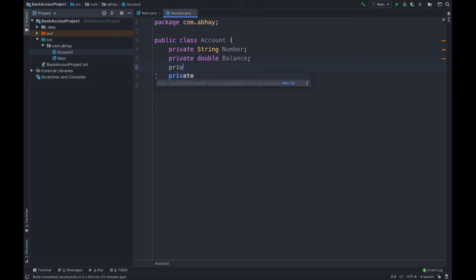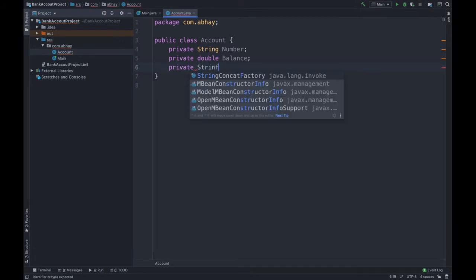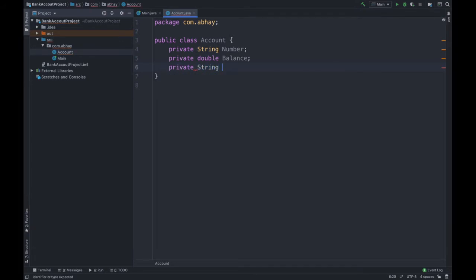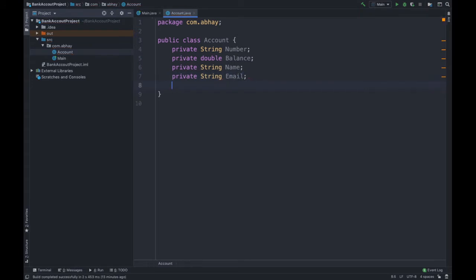Then private String name of the customer, then private String email of the customer. Then what else is left? I guess phone number, right? Private String phone number.